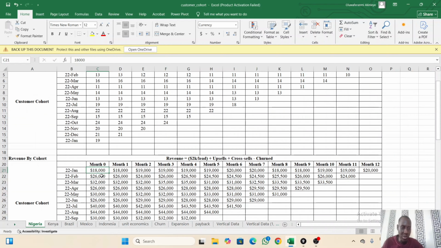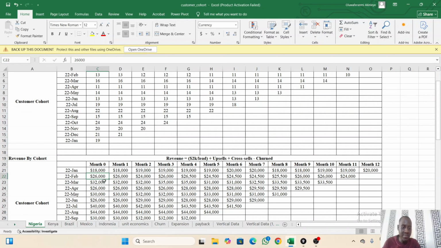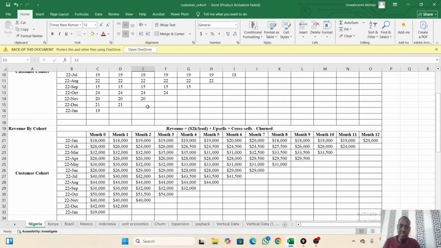You can see, look at February, for example. In the beginning of the year, we acquired 10 customers paying us $26,000. Now you can see that by month 2, it actually dropped to $24,000. It's because we already churned one customer, taking away $2,000, and we didn't manage to upsell any customer by that time. So that gives you an idea of how your expansion and contraction revenue